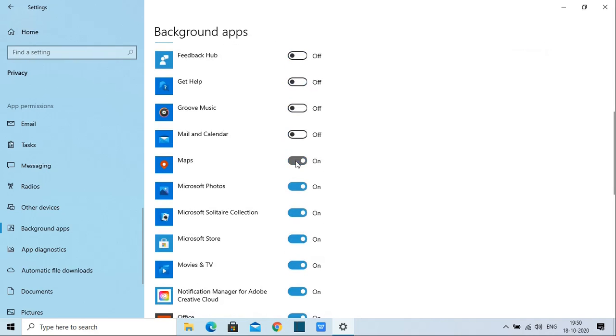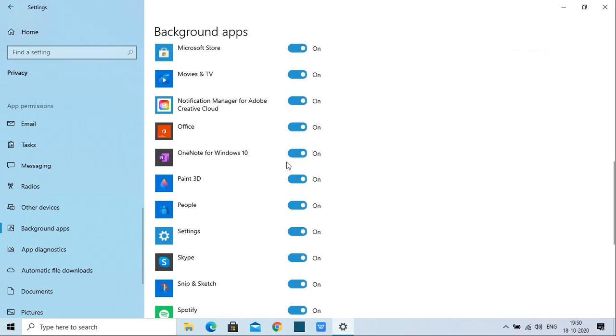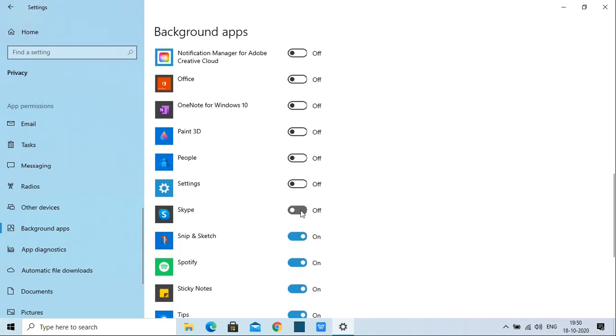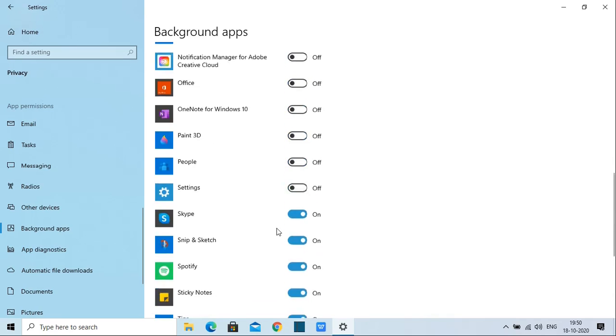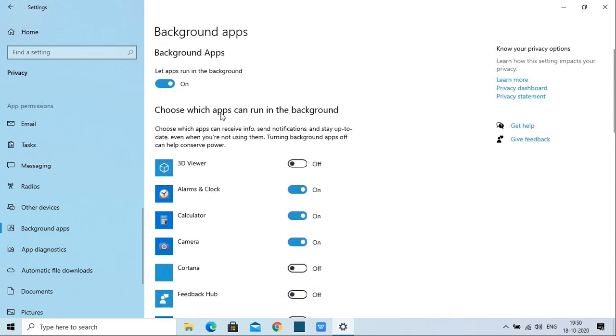I'll be switching off a few of my background applications. As I said, you can directly switch off all from here if you don't need any, and switch on from here, or do it manually one by one.